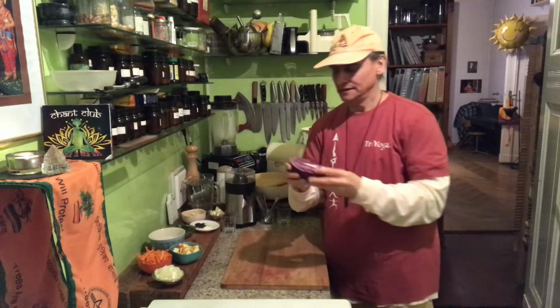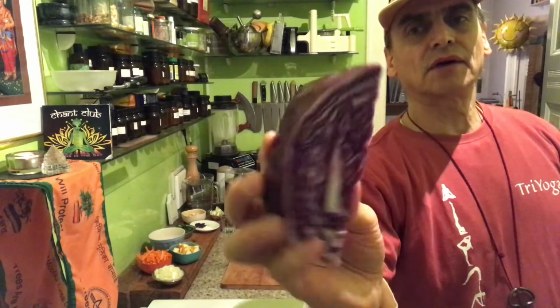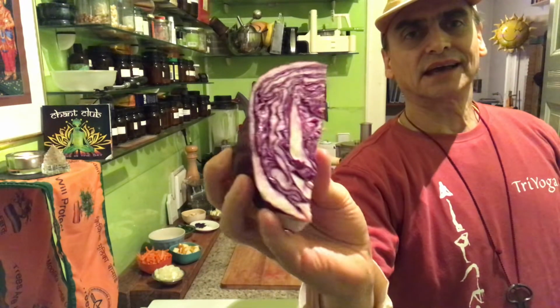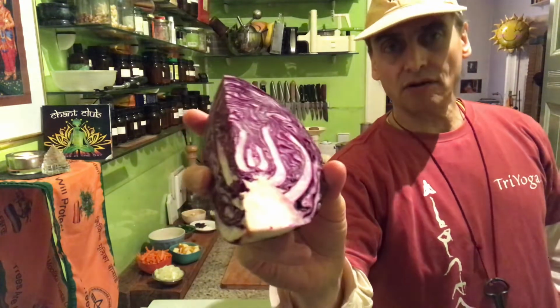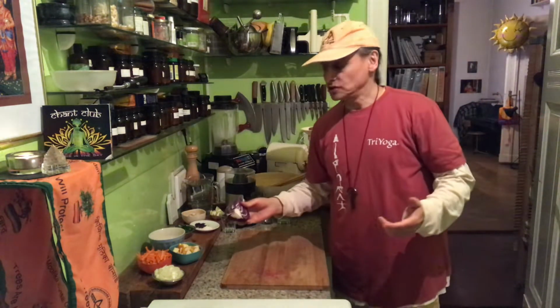That's a very easy one. You have red cabbage here, that's what I'm talking about. That's one of the cruciferous vegetables. They are among the healthiest we have, and very easy to prepare. You can make sauerkraut with it, any kind of cabbage, and you can also make it in a salad, just